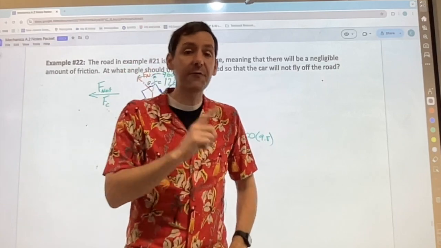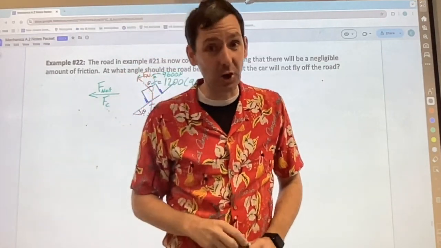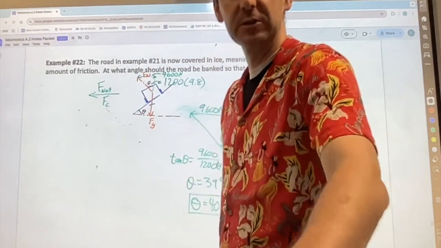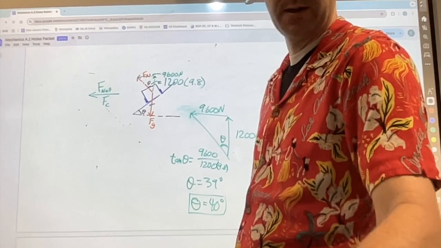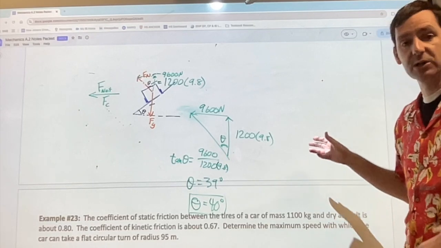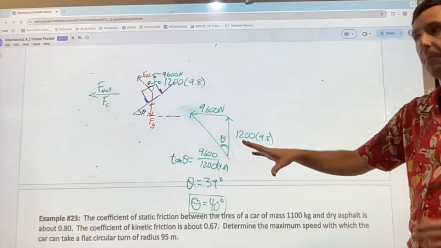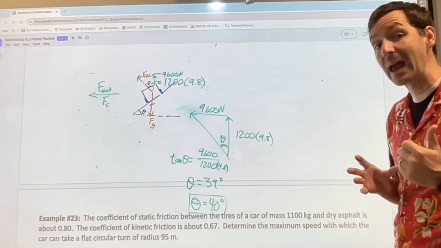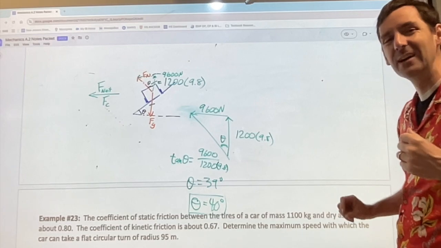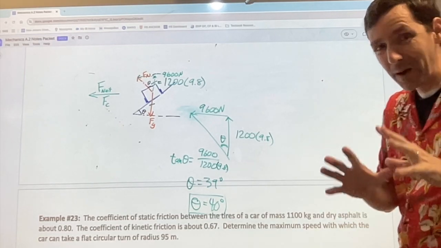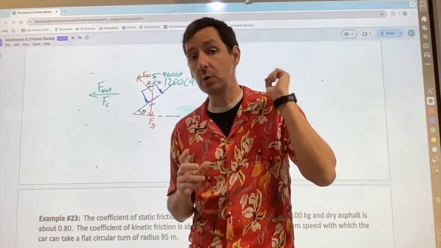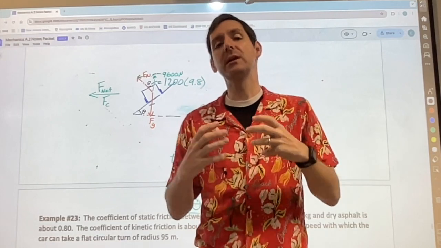I would like for you to try example number 23 on your own. The next one, whatever the next one is in your notes packet, try that one on your own. For those that don't have it at home, I'll try to put it up here. There you go. So this is the next question. This is similar in some ways, but approaches it from kind of a different angle. I'll post up an answer key for this. You can check it with your homework, and I hope that it'll be straightforward given the types of questions that we work through here. We'll continue to work on this in class, but this will give you a very good introduction